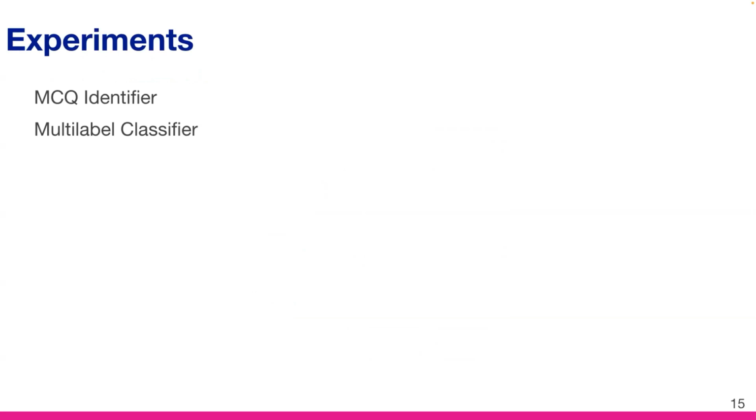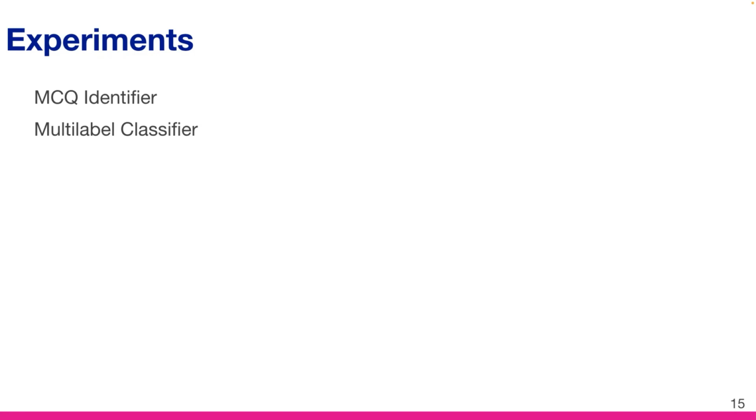We did some experiments in 2 folds. First of all, we designed an MCQ identifier. It's like a binary classifier, MCQ and non-MCQ. Then, according to the promising result we had from the first experiment, we designed a flat classifier, multi-label classification of